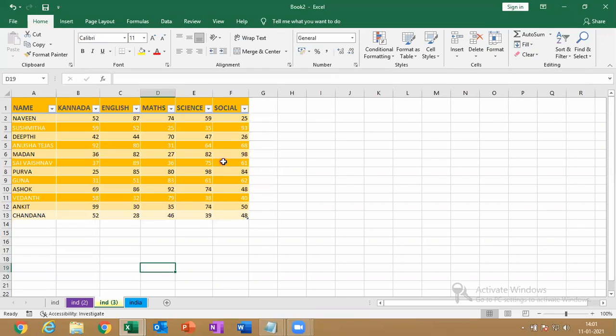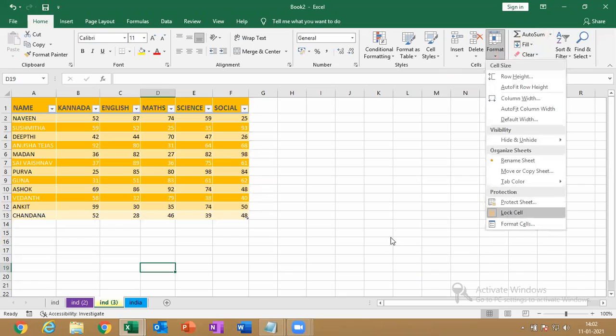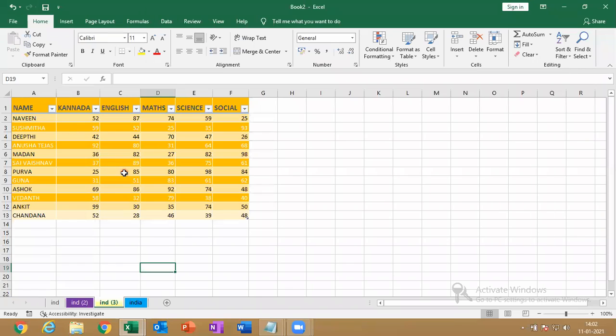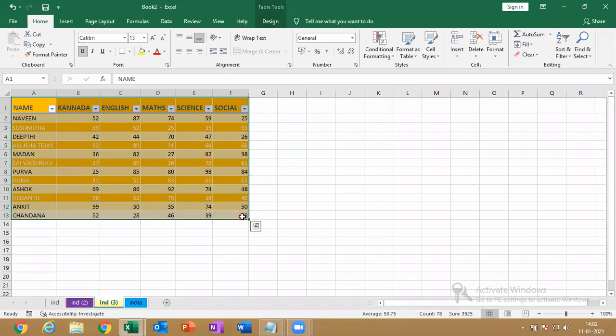So now next, lock cells. What do lock cells mean? I want to send this sheet to you, and you are eligible to edit only this portion. We are saying locking the sheet, locking the workbook and all. I don't want to lock the workbook or the sheet. I just want you to be eligible to edit this much, and not eligible to edit the remaining areas, like this area and these areas. You are eligible to edit only this much.